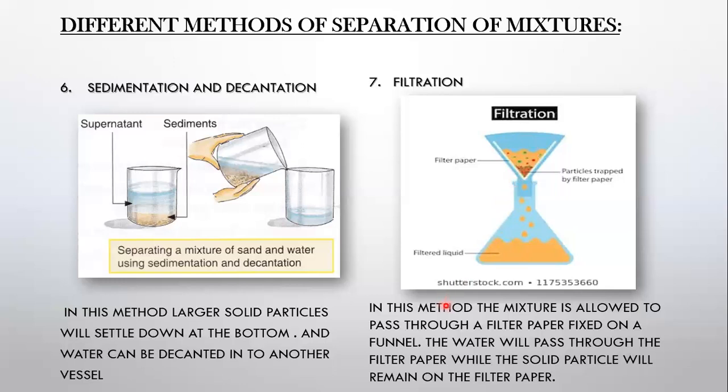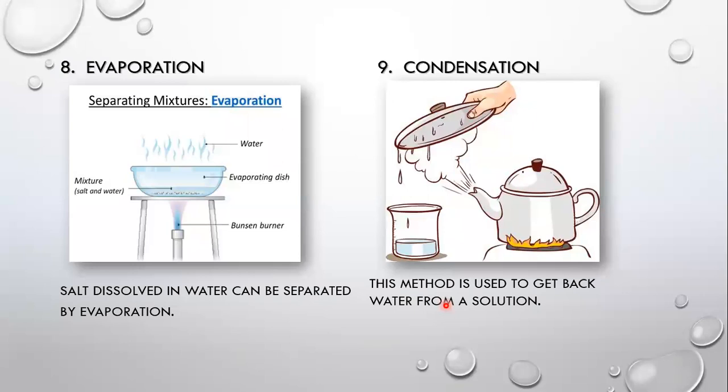Okay, now we will discuss the next method. Now we will be discussing a soluble solid in liquid, a mixture that contains a solid dissolved in water, like salt water or sugar solution. How can we make the salt solution? By adding some salt into water, we can prepare the salt solution. After preparing the salt solution, how can we remove the salt from the solution? Can we do it? Yes, we can separate the salt from the water by the method called evaporation.